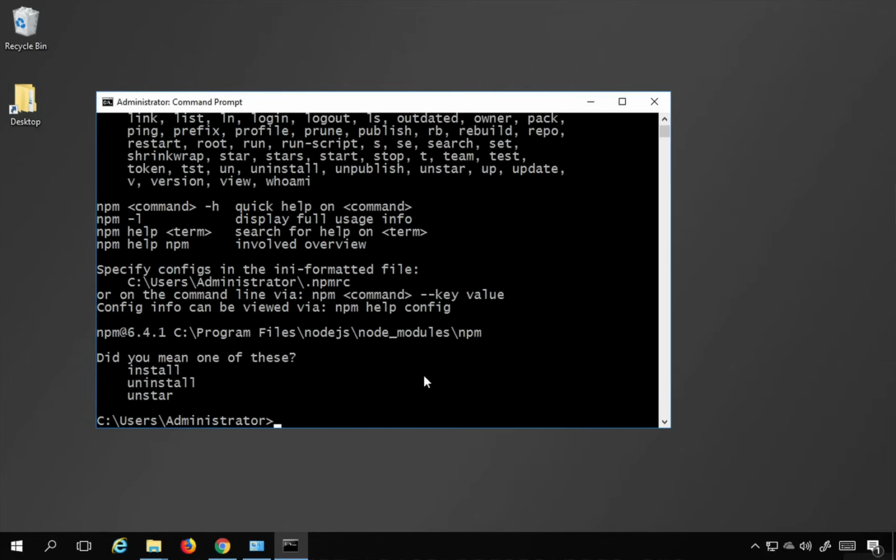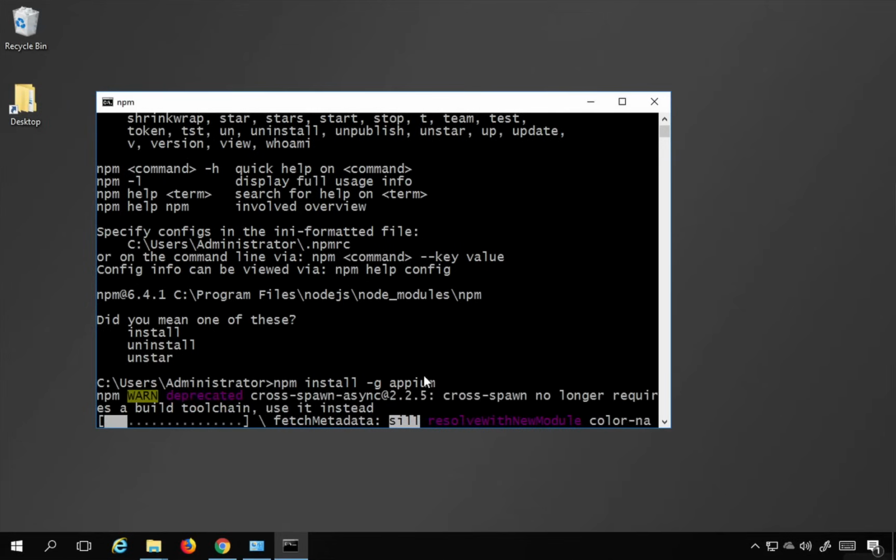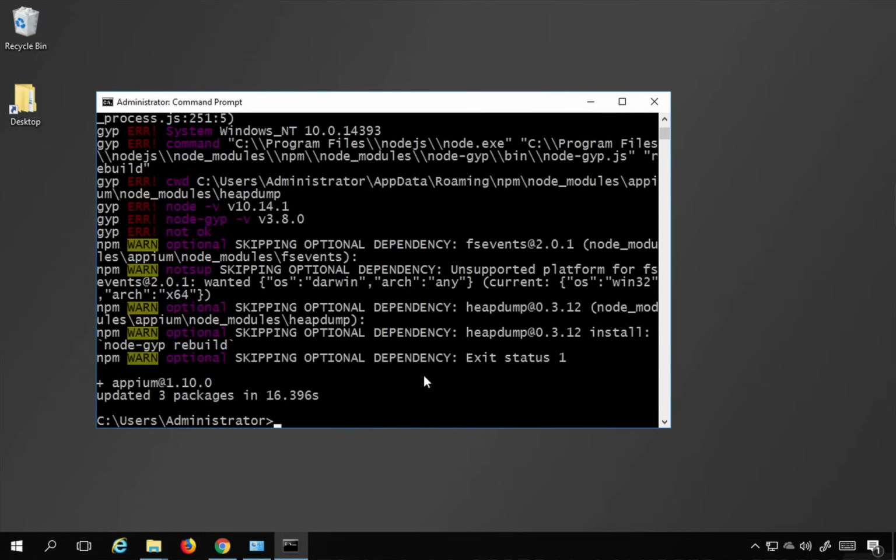and I think there was some mistake, a spelling mistake. Yes, I used 3 L's here. Let me correct it. Yes, npm install -g appium, and hit enter, and you can see it is now downloading and will install Appium on this Windows system. So let's just wait, and yes, this is done, and there may be some errors and some warnings,